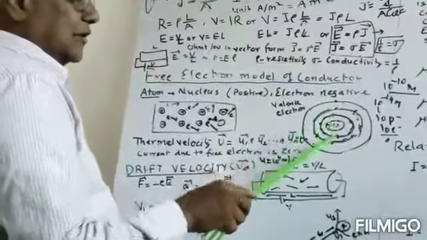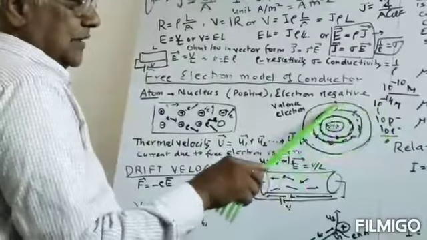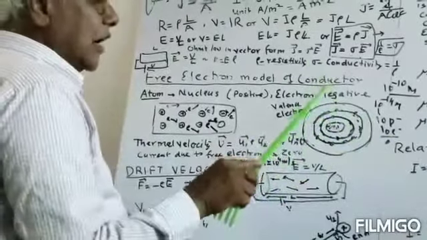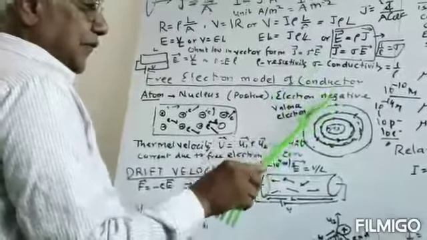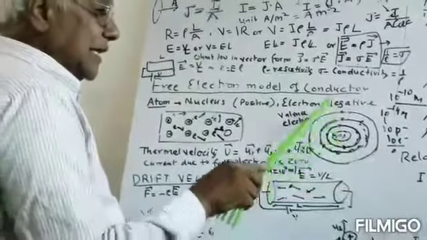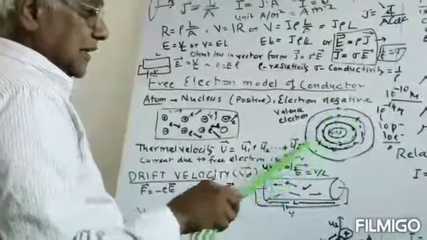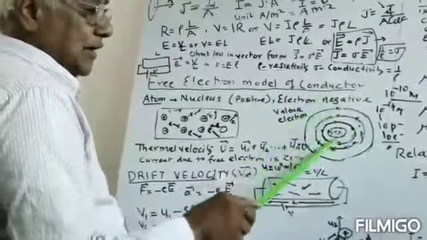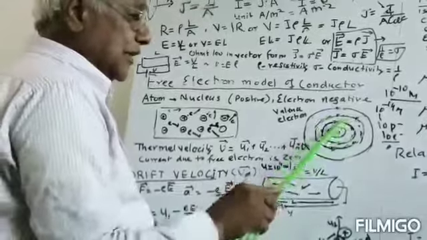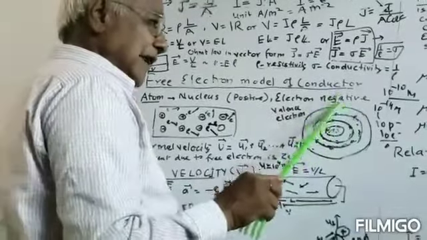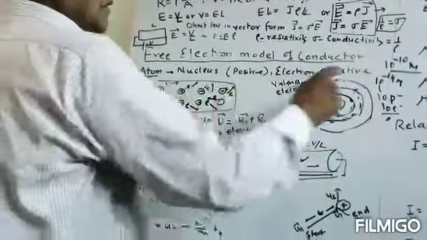The electrons are revolving around the nucleus in different orbits. In the first orbit there are 2 electrons, in the next there are 8 electrons, and the last electron for sodium is here. This electron in the outermost orbit is known as the valence electron. The affinity of the valence electron with the nucleus is the least, whereas the electrons in the inner orbits are known as bound electrons. Bound electrons are not free. They are always bound with the nucleus, whereas this valence electron is free and it can leave this atom.